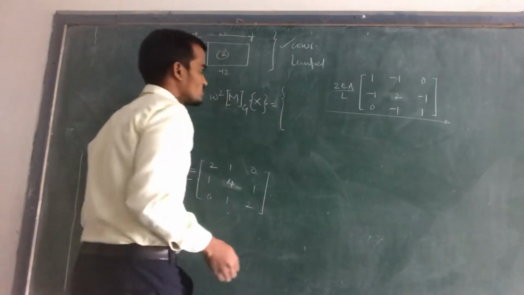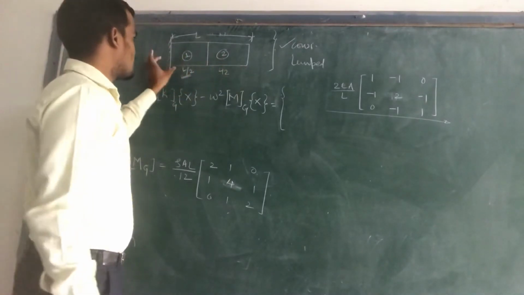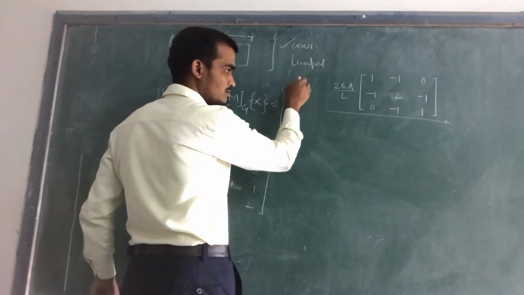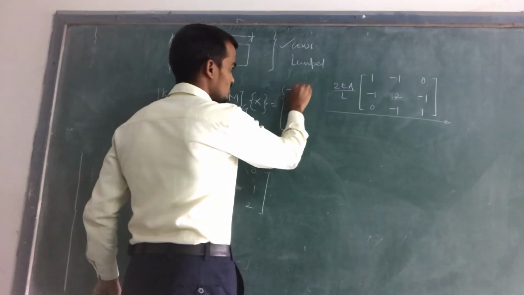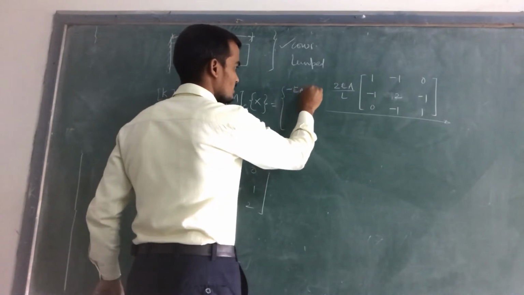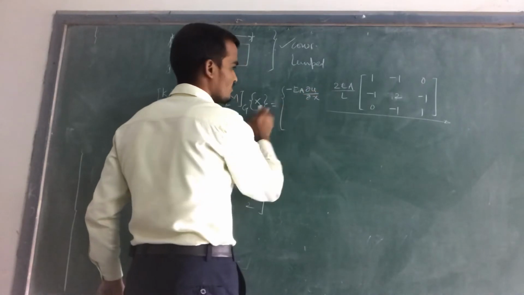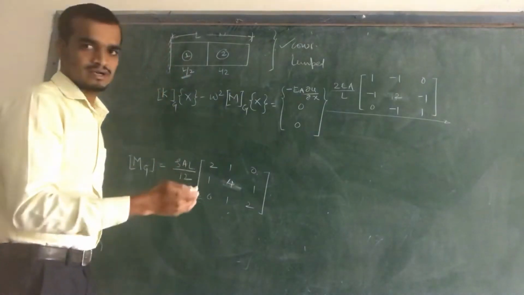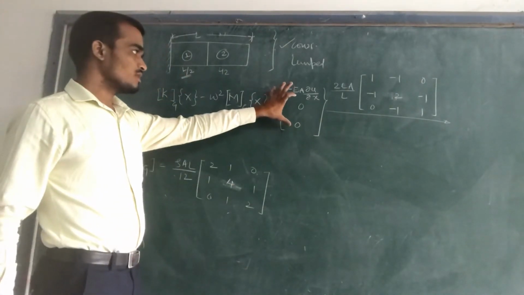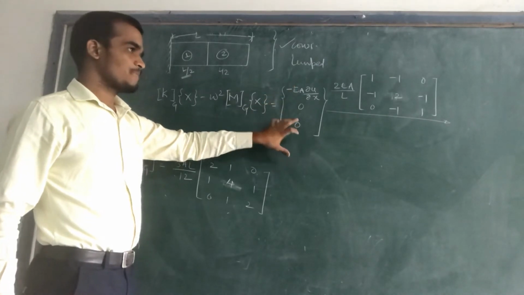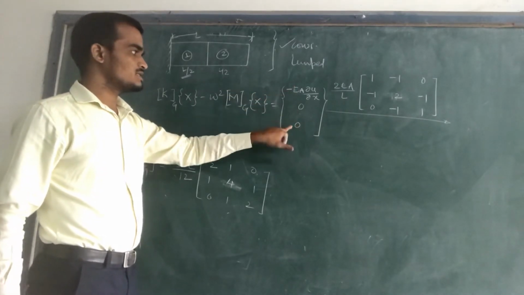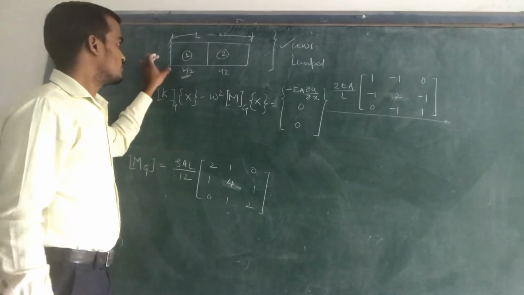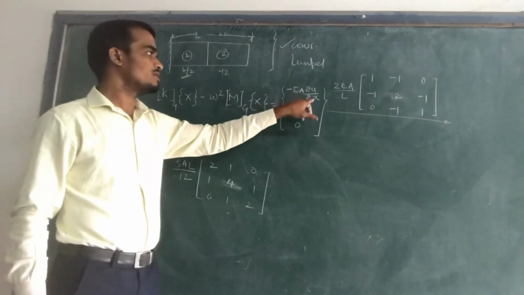Now, boundary conditions. As we know that there are 3 nodes, the first node is fixed, so this will become a boundary condition. For fixed nodes there will be a boundary condition of minus EA dou u by dou x, and for the remaining nodes it will be equal to 0. If the free boundary condition is there, then both ends will be equal to 0 and 0. If fixed, then this will be the minus and this will be the plus EA dou u by dx. Here only one end is fixed and the other end is free, so we will write down only the left, minus EA dou u by dou x, 0, 0.